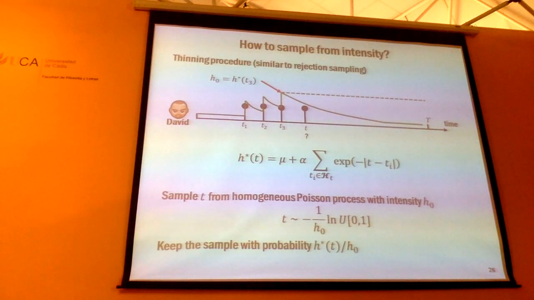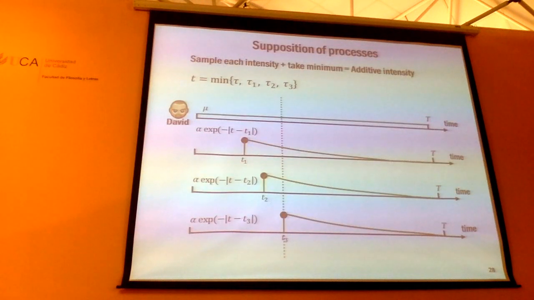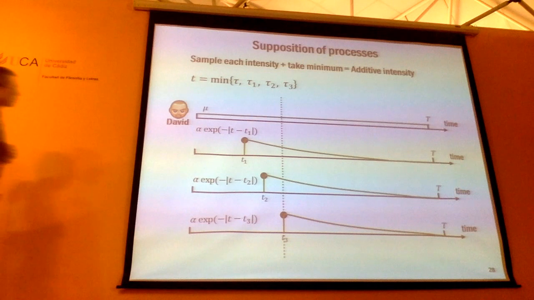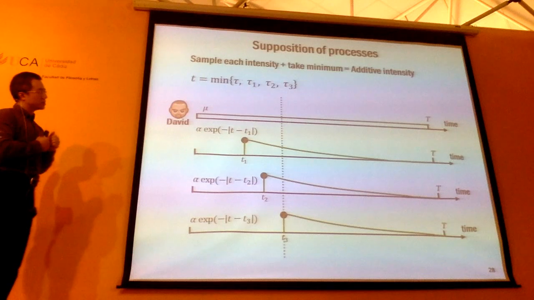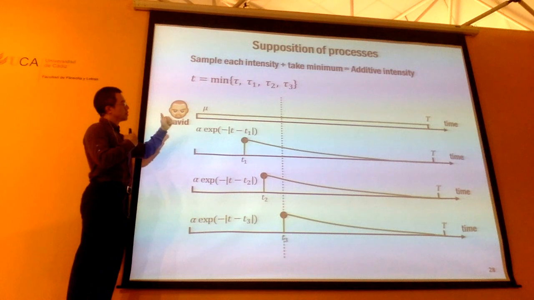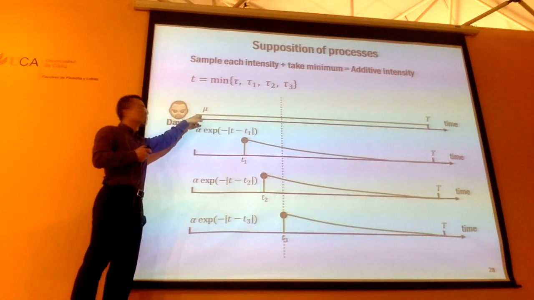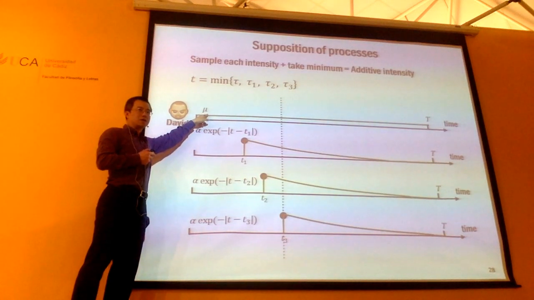And then later on, we'll see how we actually combine them with the social network to generate very interesting real-world types of processes. So the first thing I want to talk about is the composition of these things together, like the superposition of processes. For instance, if you have a particular user David, right? And then I want to superimpose a few processes together. The way I superimpose these processes is, I'm going to sample some event from a Poisson process with a constant intensity mu, right?